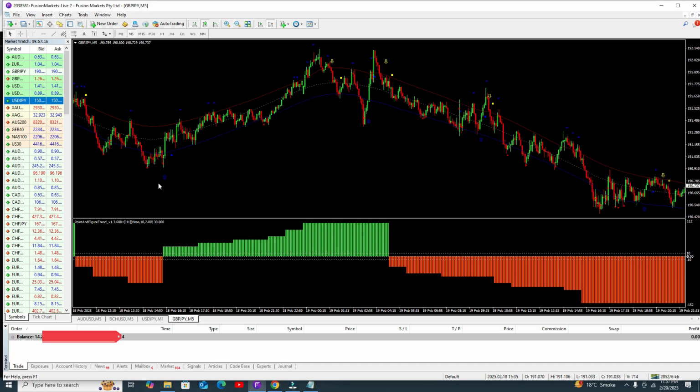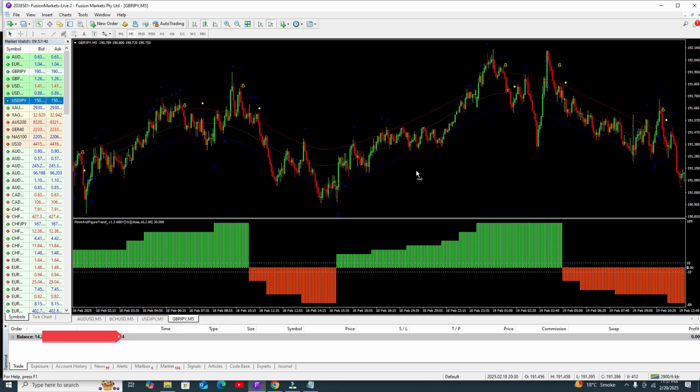Actually here you can see buy trade, close your trade here, again buy trade, close your trade, again buy trade, close your trade, again buy trade and close your trade. Okay, sorry, from this point, here you got the sell signal. So after getting the sell signal, you need to open your buy position from this point. Okay, let me show you more examples.